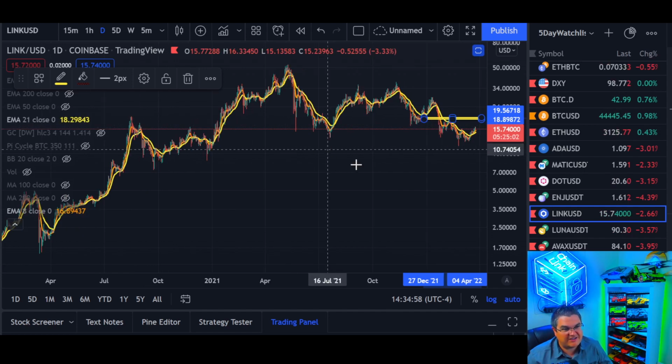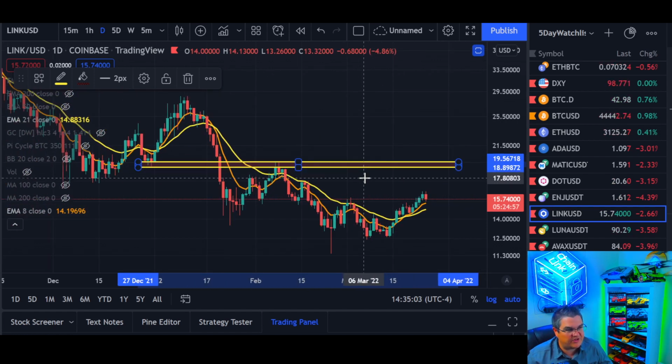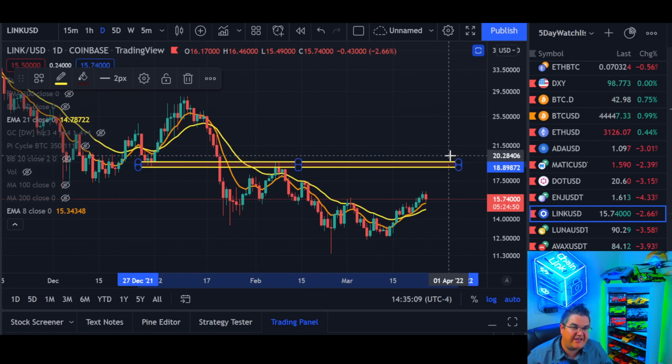And then that also goes all the way back to our previous summer 2020 bubble. So that's where we are now. Until we clear that, it's hard for me to get super bullish on it. But if we start working our way back up to 20, Bitcoin starts going to 50K or something,